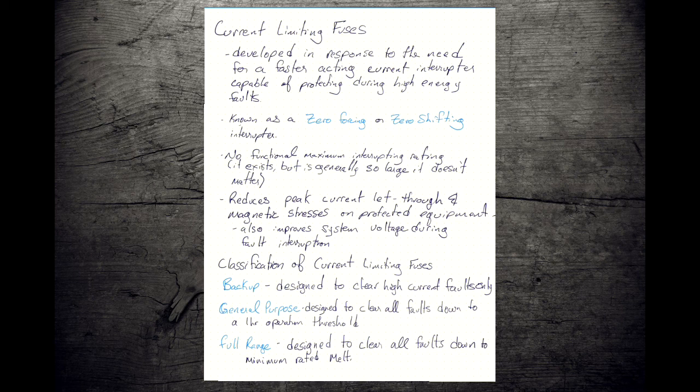They don't tend to have a functional maximum interrupting rating. So, like on the box, it says interrupts up to, typically 20,000 or 50,000 amps. But generally, most sources can't deliver 50,000 amps. So, again, big enough, it don't matter. Now, the nice thing about these is that because of the way they act, they reduce the peak current let